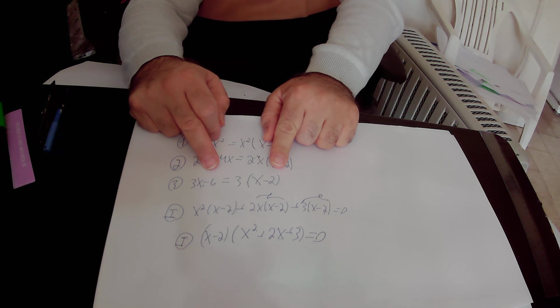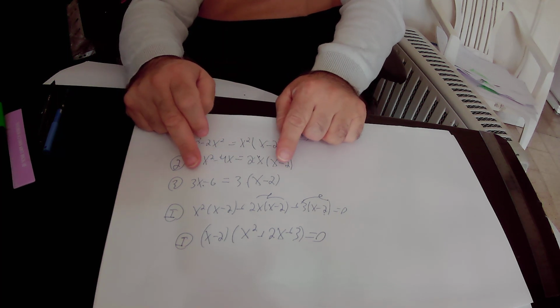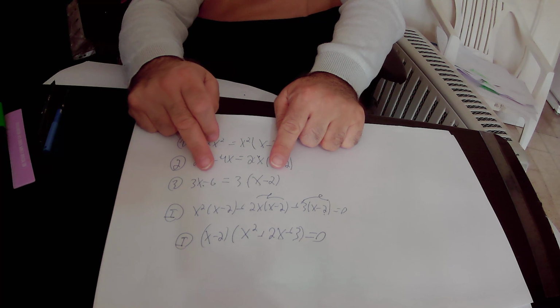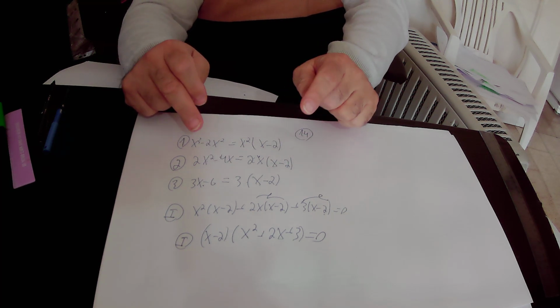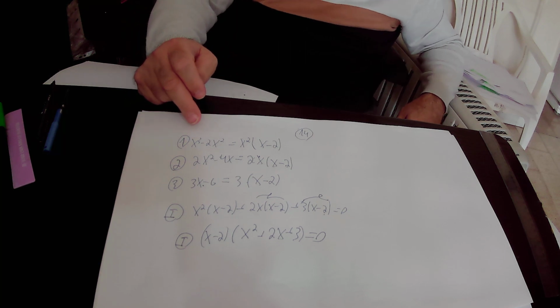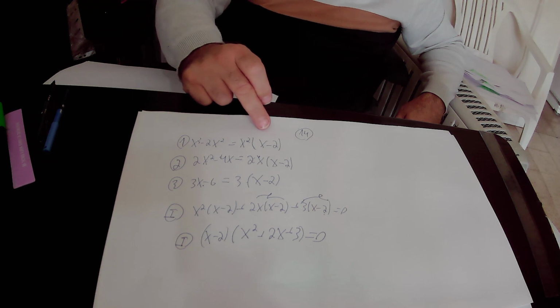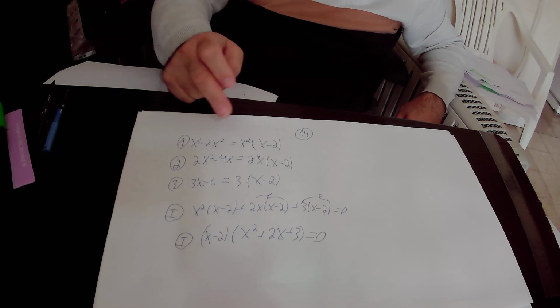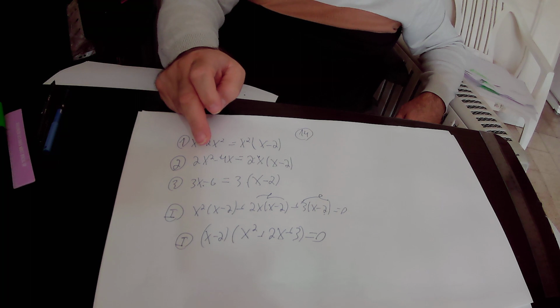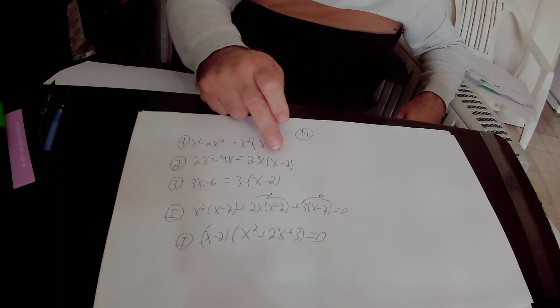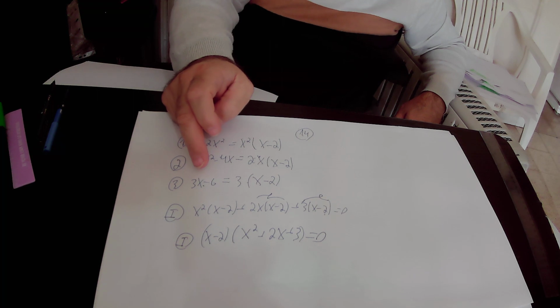It is actually minus 2. So in total we got that 3x minus 6 equals 3 times x minus 2. So here we can substitute x cubed minus 2x squared by x squared times x minus 2. They are equal to each other. We can substitute 2x squared minus 4x by 2x times x minus 2, and we can substitute 3x